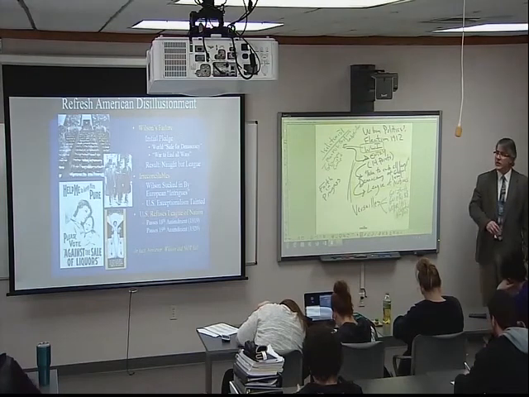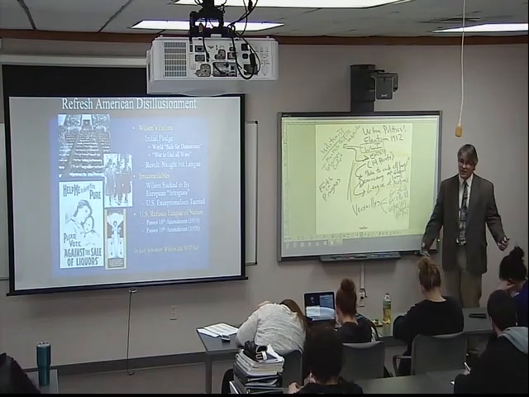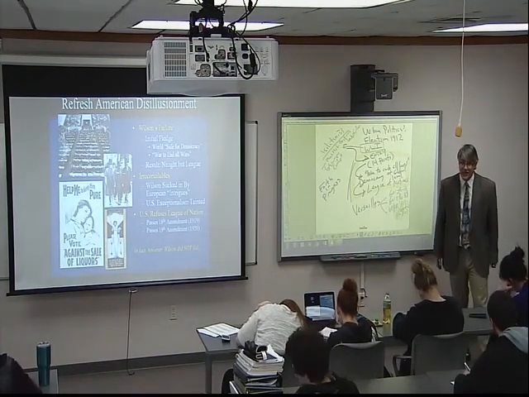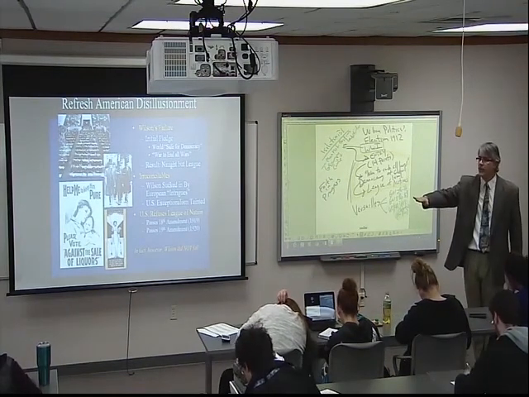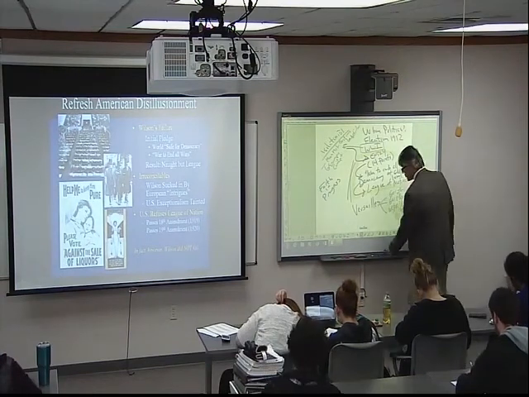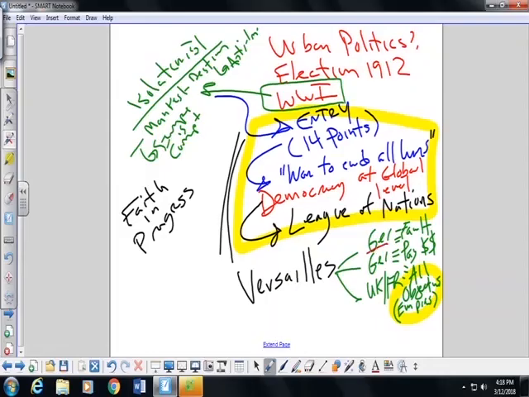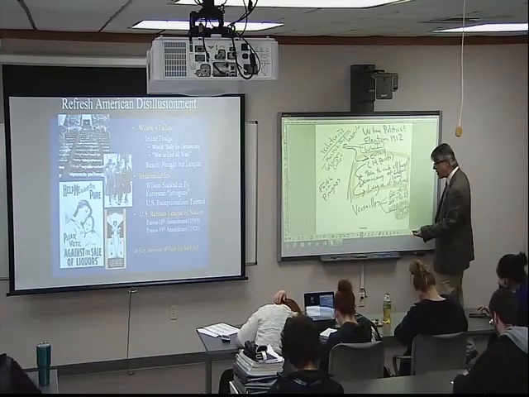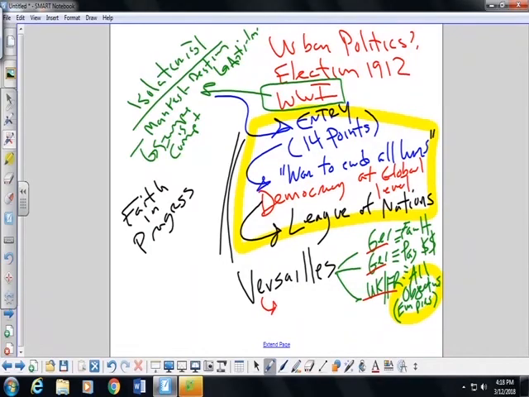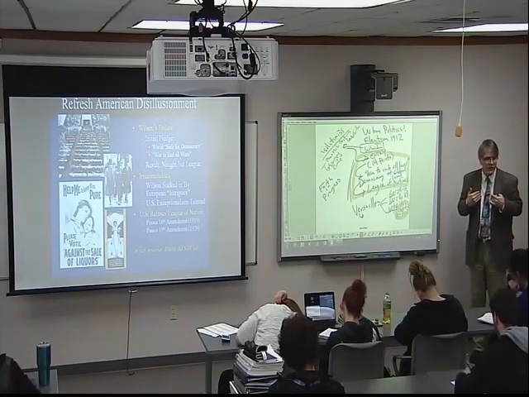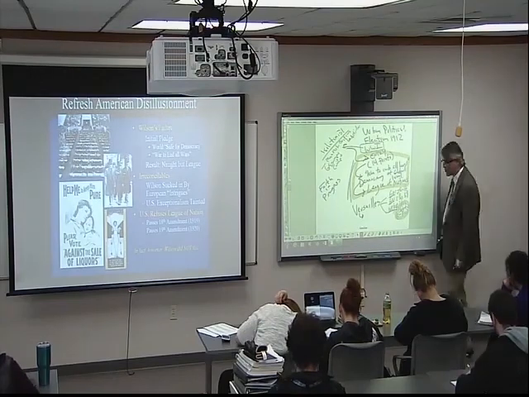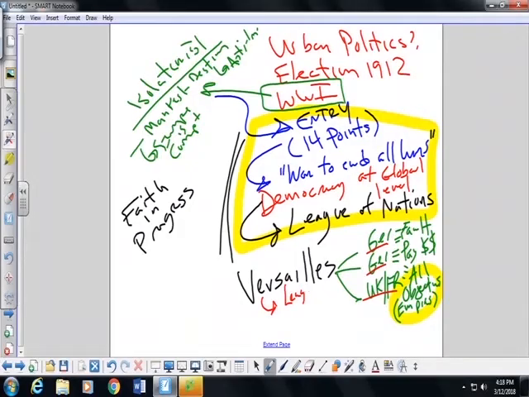Remember, we weren't against Germany. We fought them because they attacked us. We weren't necessarily for England. From our perspective, all of them were at fault. And so when the Versailles Treaty says Germany is the one at fault, Germany has to pay, England and France get to do this, we were so upset that not only did we not accept the Treaty of Versailles, but what also didn't we accept? By the way, completely our idea. We rejected the League of Nations. This is the democracy that we have been shooting for.